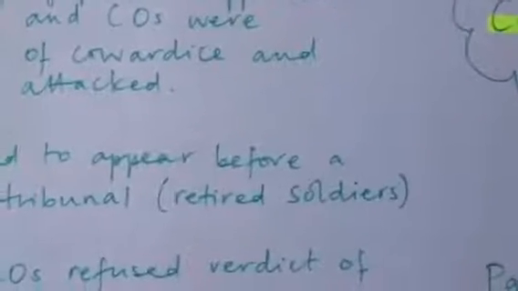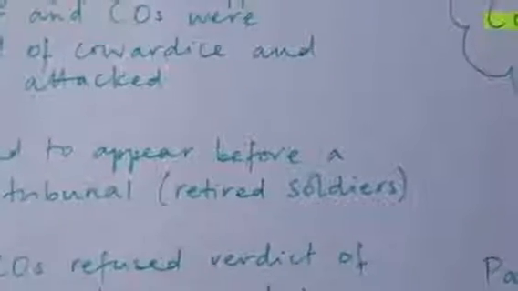So the 16,000 conchies had to appear before a local tribunal. Now, the local tribunal in World War I was made up of mainly retired soldiers and people who were ex-military. So you can imagine that they were going to be extremely harsh on these people who were refusing to fight. Of the 16,000 conchies, about 6,000 of them refused to accept the verdict of the tribunal, and they were put